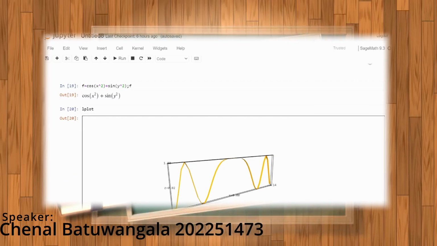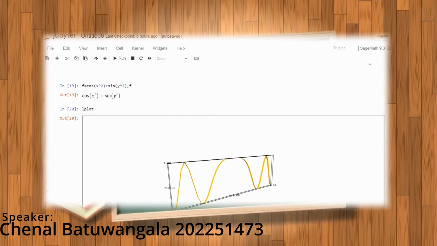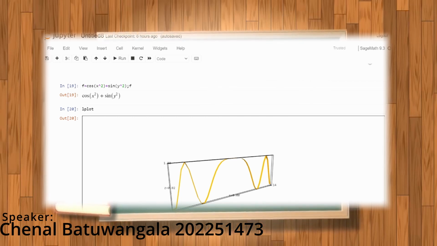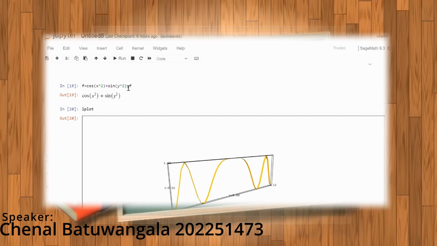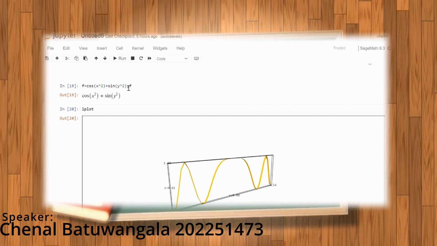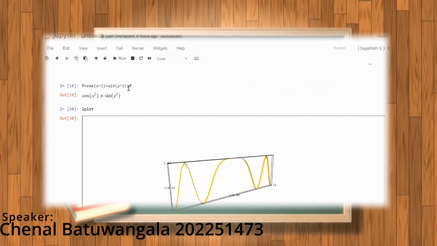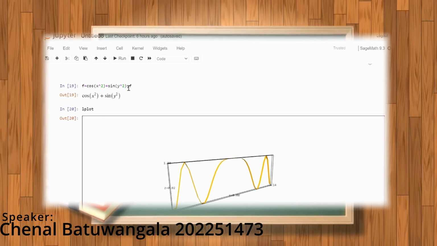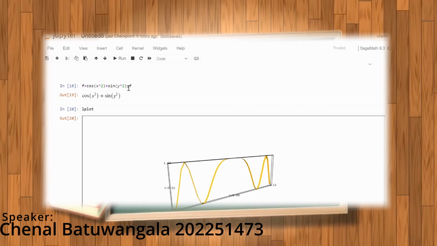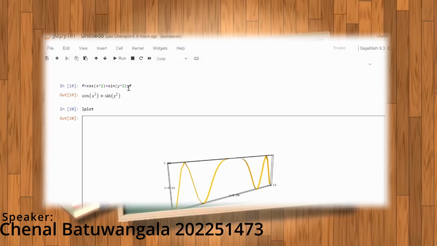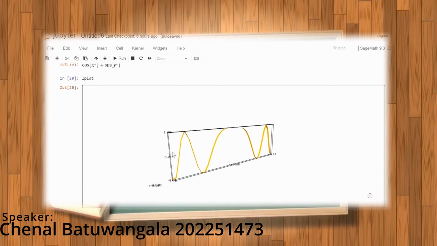My name is Chanel, and my role is the conclusion of the project. Our goal was to find the critical points of a two-variable function. We use the cosine x squared plus sine y squared function. To find the determinants, we can use fxx or fyy or fxy or fyx, but we use the first derivatives of x and y, and we found there are 21 critical points, and this is the